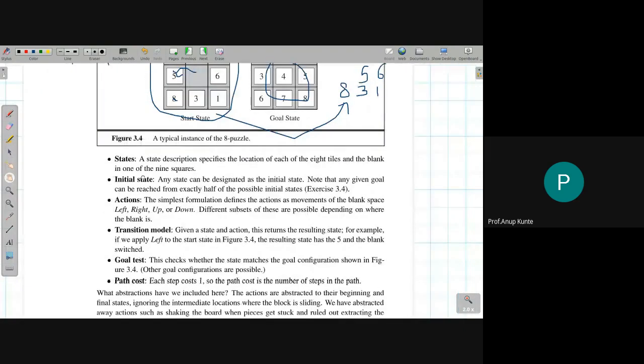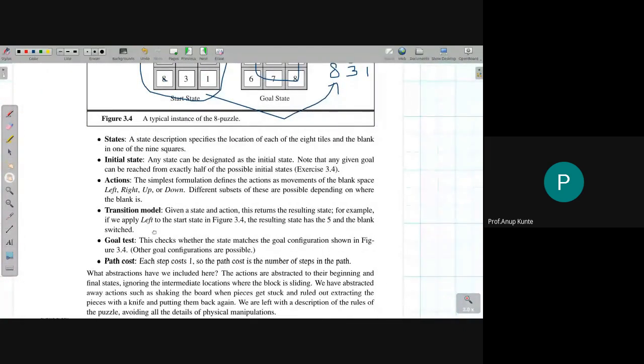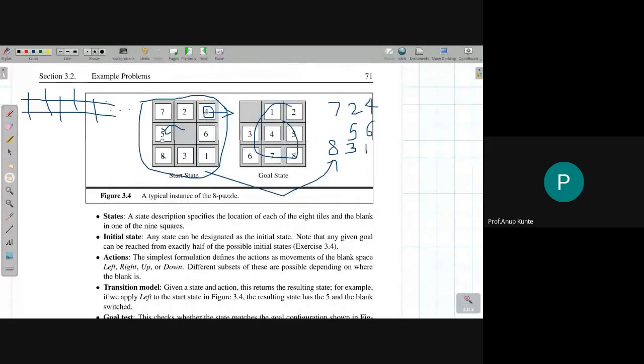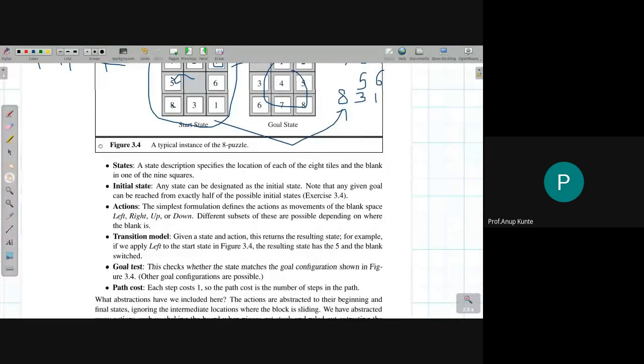Finally, I should be able to define the cost. The cost would be to take an action. So if I took an action, my cost will get incremented. So if I do one movement, कि अगर मैं पहला movement करता हूँ, space, I move it to the left, that will incur me cost 1. If I do one more movement, it will incur me cost 2. So on and so forth. This way, I can generate a state space. With these 5 things defined, I will be in a position to generate state